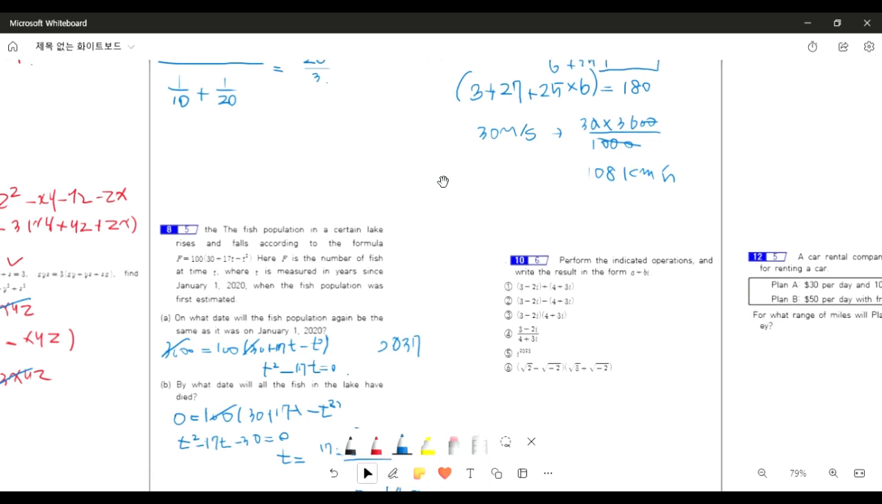Six. So number 1 is 7 plus i. Number 2 equals -1 minus 5i. Number 3 equals 18 plus i. Number 4 equals